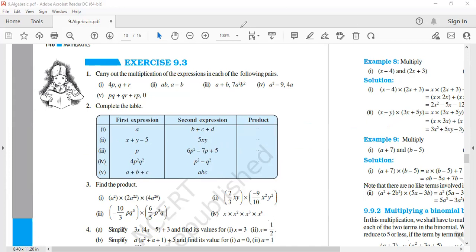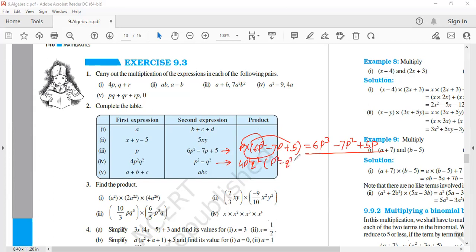Similarly, you will solve third, fourth, fifth yourself. Okay. Third, fourth, fifth, otherwise I will solve, no problem. So P is multiplied with this one. I'm writing P into 6P square minus 7P plus 5. It will give you 6P cube minus 7P square plus 5P. P is multiplied with each term, and keep the sign as it is, that is given in the brackets. 6p cube minus 7p square, because p is there, to power 2, and 5p simply, right?